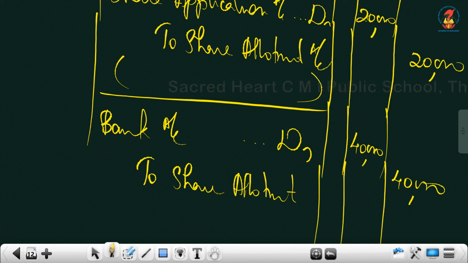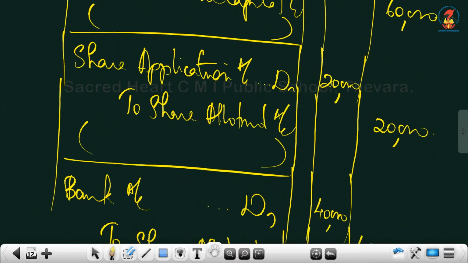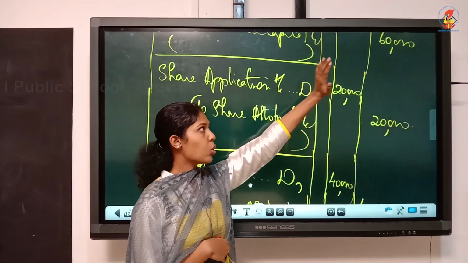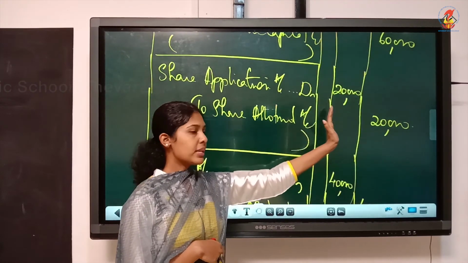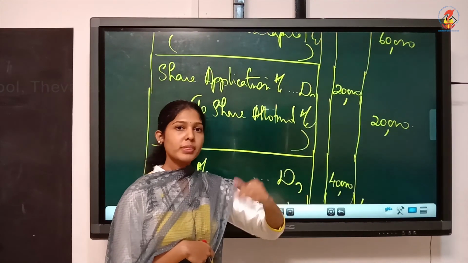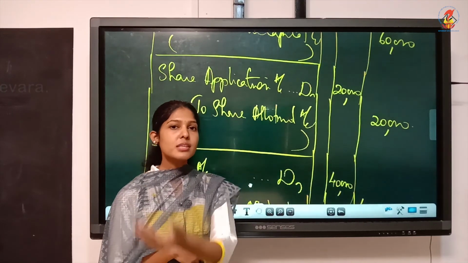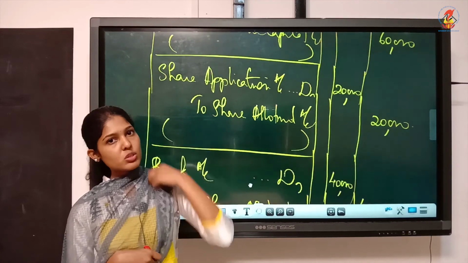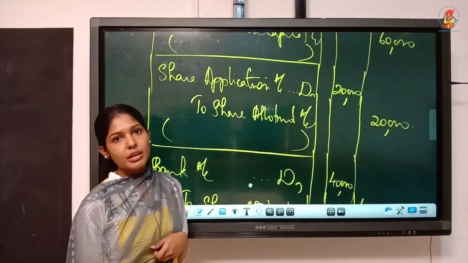That is why I am asking you to write the prorata entry in between. So when you see the prorata entry, automatically you will deduct and write the amount. Otherwise you will forget this 40, you will write 60 itself. Why we are not writing 60? Though we had to get 60, 20 we got in advance. With application, you already received 20,000. So the rest, now what we have to receive is only 60 minus 20, 40,000.